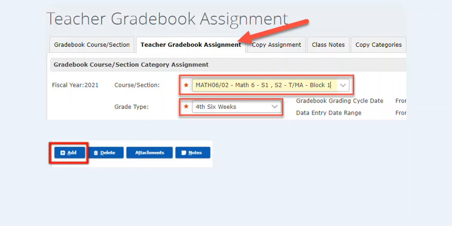Okay, to add an assignment, what we're first going to do is get to the Teacher Gradebook Assignment tab. And there's a few ways to get here. So if you were working in your sections to add categories, then you'd be on this tab. You can switch to this one. If you were in your gradebook, you would just click on the Assignments button and it would get you to